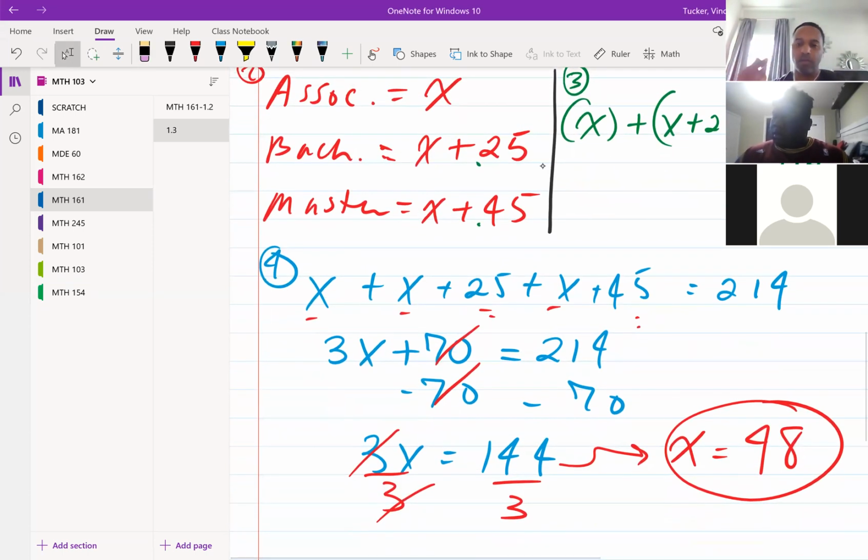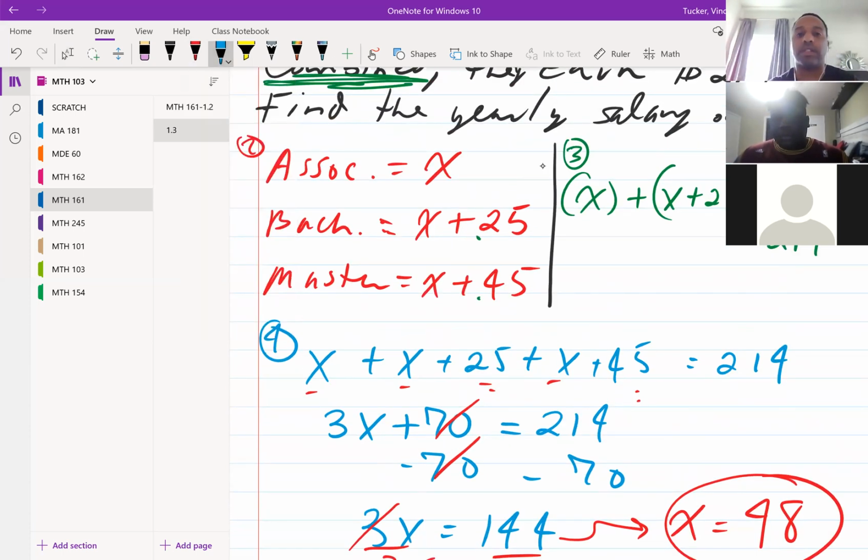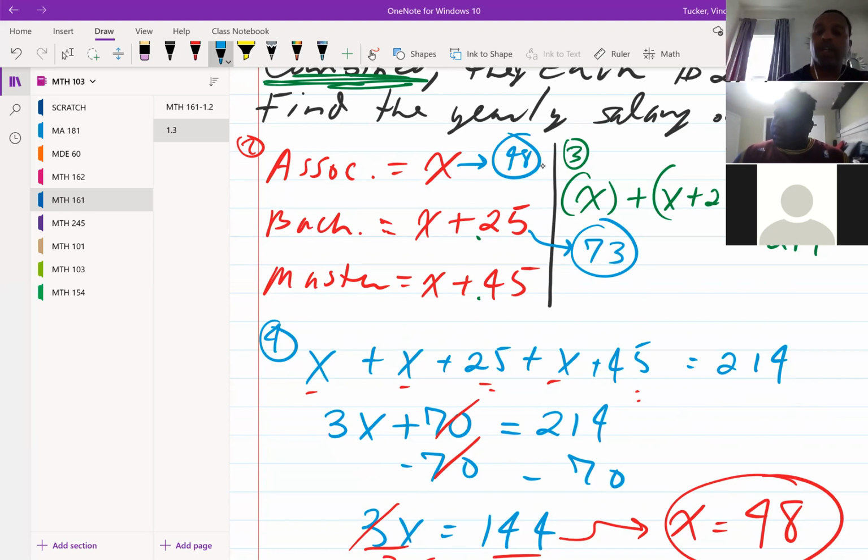So now we have an answer, but remember step 5 is to check to make sure you actually answered the question, because we aren't finished here. Remember, it said what was the salary of each. So we go back to what the variables were, the representation for each unknown. Here, 48 represents the associate's degree. 48 plus 25, so that's 73, represents your bachelor's degree. And then 48 plus 45,